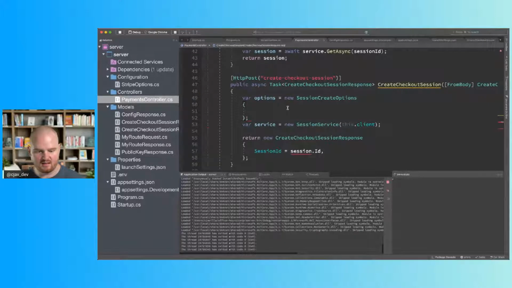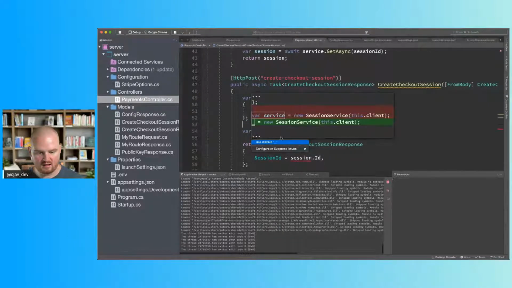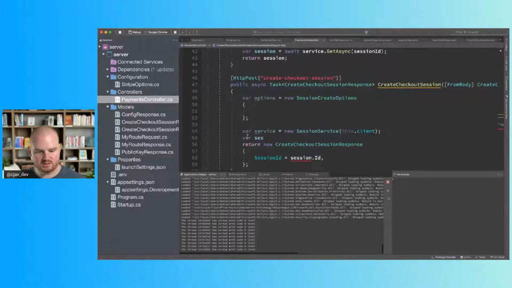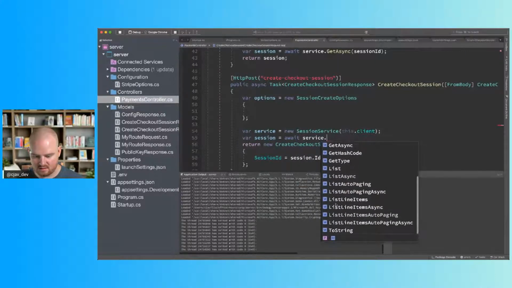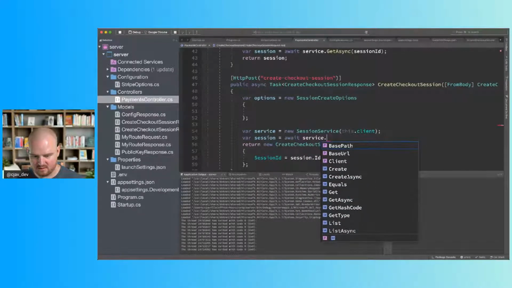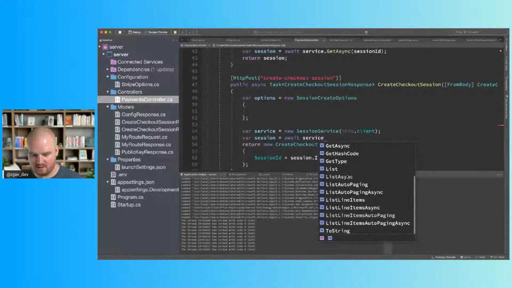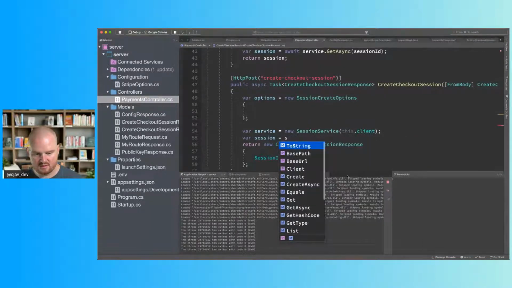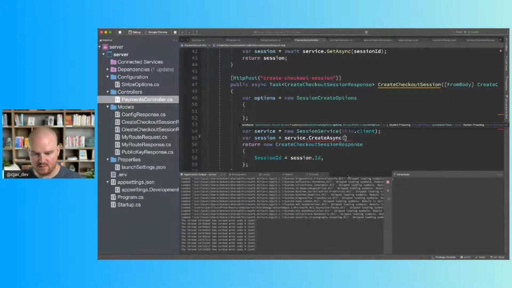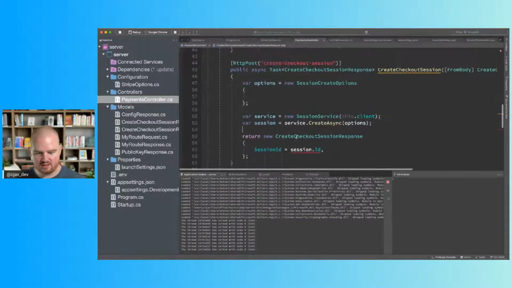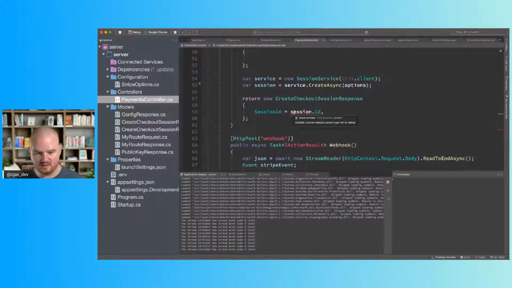Okay. And then we want to say var session is await service dot, is it create post? Maybe it's not. Oh. service.CreateAsync, and then we pass in the options. Cool. This should make an API call and return a new instance of a checkout session, and then